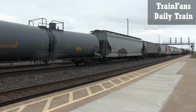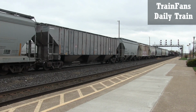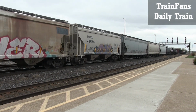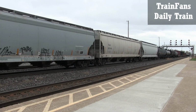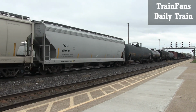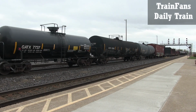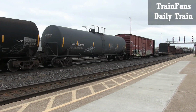I haven't been seeing a lot of really good cartoonish character art graffiti the last few trains. Usually there's 1, 2, 3 decent ones on every train, but lately we're lucky to even get one. Wasn't any on this one. It's not been as exciting the last, let's say, 4 or 5 months. The trains have gotten really boring with just 2 standard CN on almost every train, where it used to